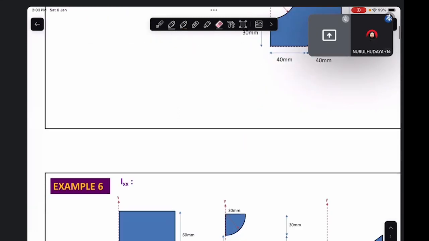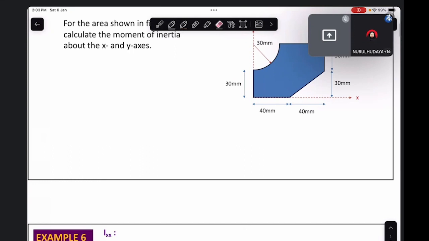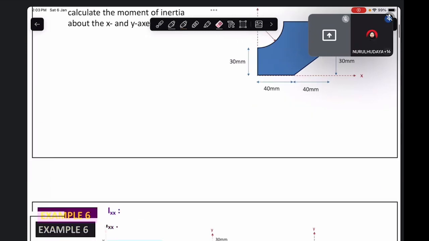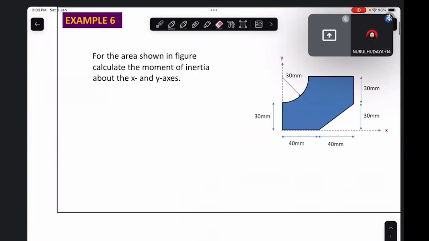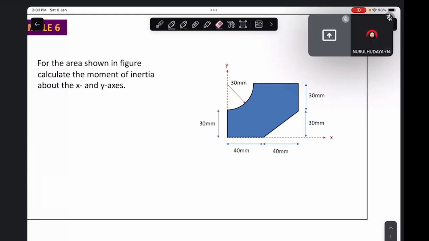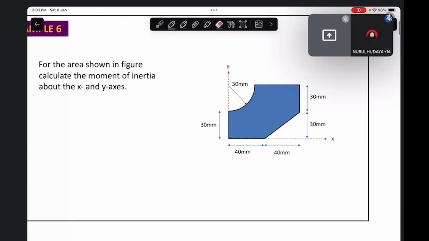So first, we don't need to calculate the centroid of the object because it doesn't ask for inertia at the center, or about the center of the object. It asks for the axis. So we can directly calculate Ixx and Iyy. Right? So you have an object like this. So I divide it into three